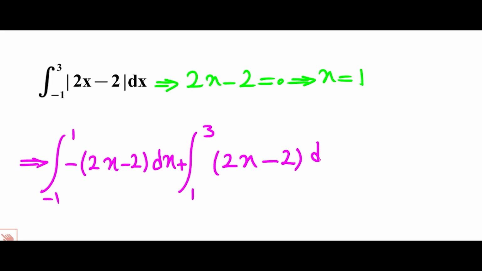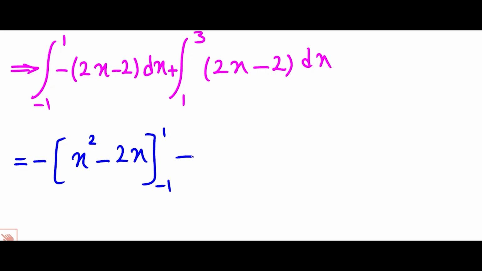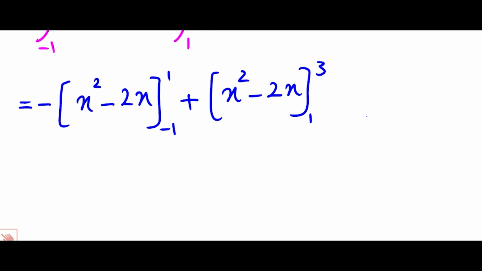minus 2 dx. So we have the integral of 2x minus 2, we have negative sign, negative. The integral of 2x is x squared minus the integral of 2 is 2x from -1 to 1 plus the integral of 2x is x squared minus the integral of 2 is 2x from 1 to 3, right? So we have